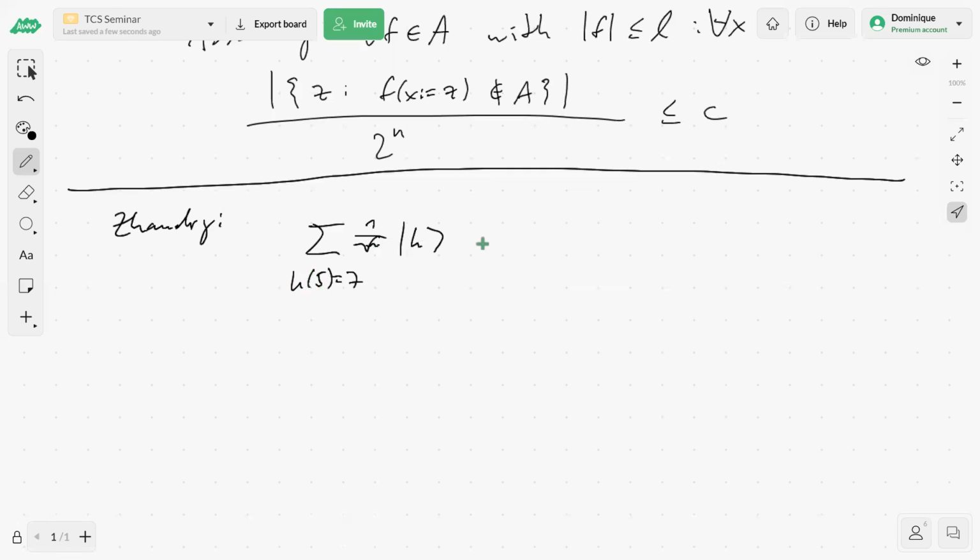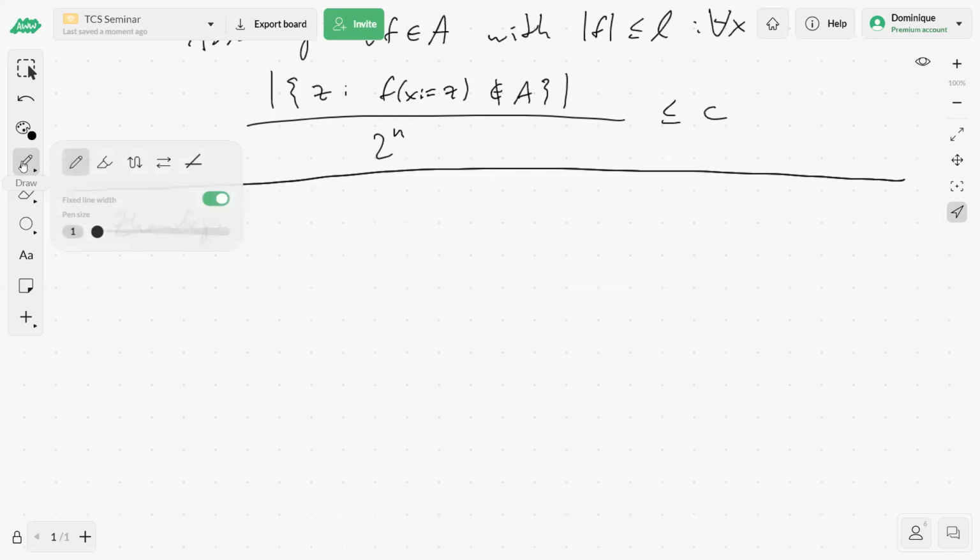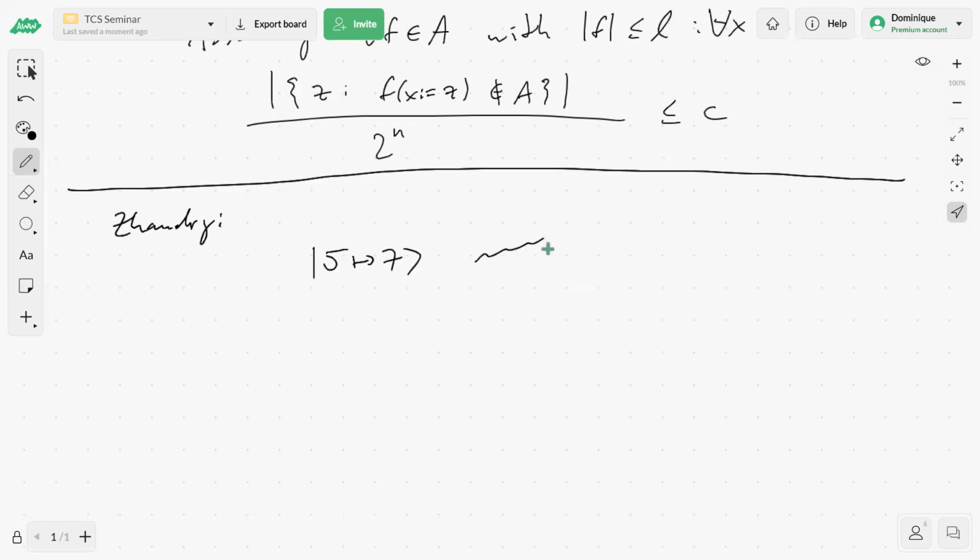would in Jandry be, by the operation introduced by Jandry, mapped to the state, oh no, it's the other way around. Sorry, I wrote it the wrong way around. So if in Jandry we have the state 5 maps to 7, in Jandry's notation, it's a database that has the pair 5 and 7. So this does not map to this superposition of all h's